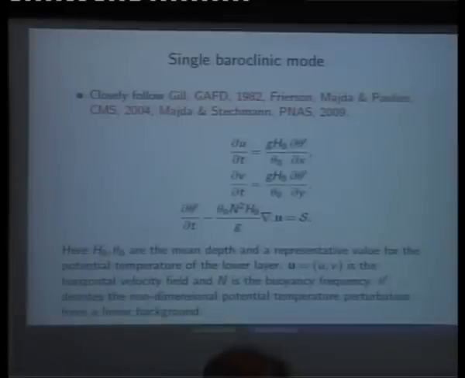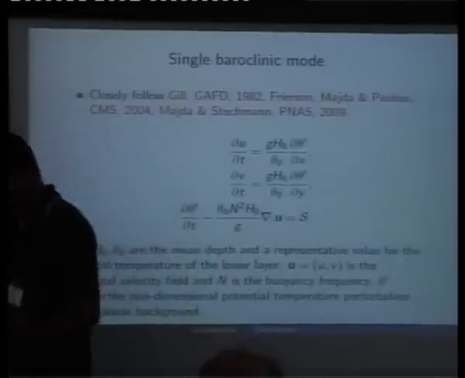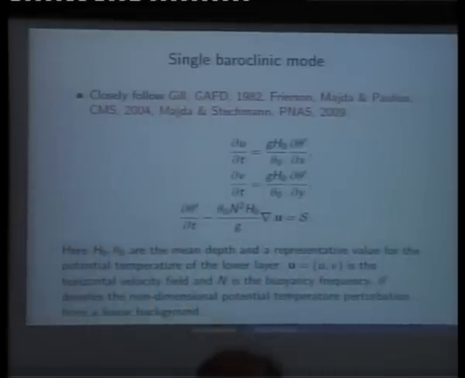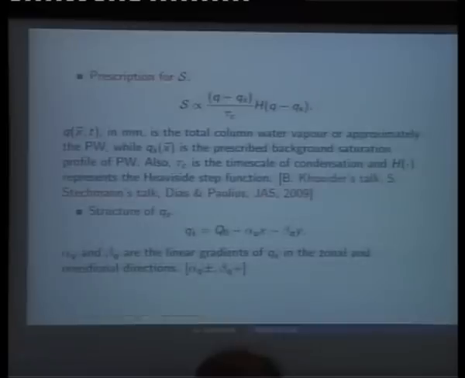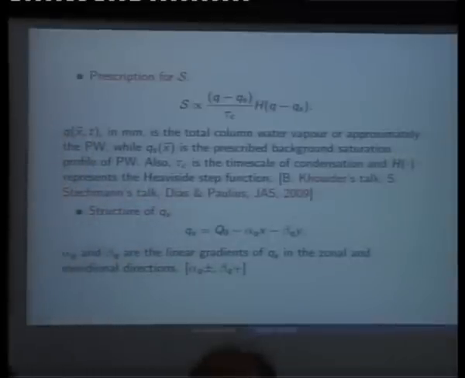The only sort of missing link apart from everything known here is S, which is going to be your heat source, right? So usually heat sources are given in some way. We say that, okay, instead of giving it, we are going to dynamically couple it by an advection condensation equation. Probably a very nice place to see this is a recent paper by Diaz and Paul Lewis. Paul Lewis is sitting right here.